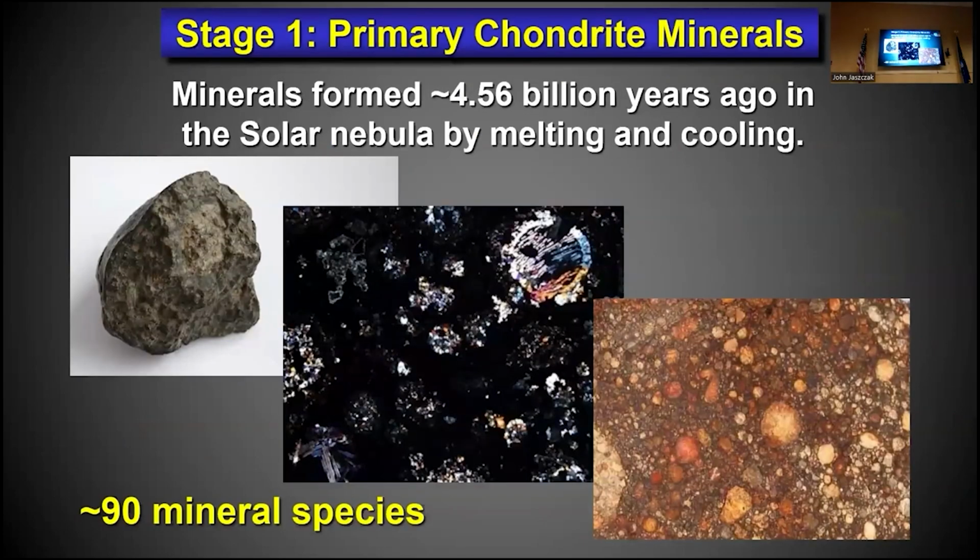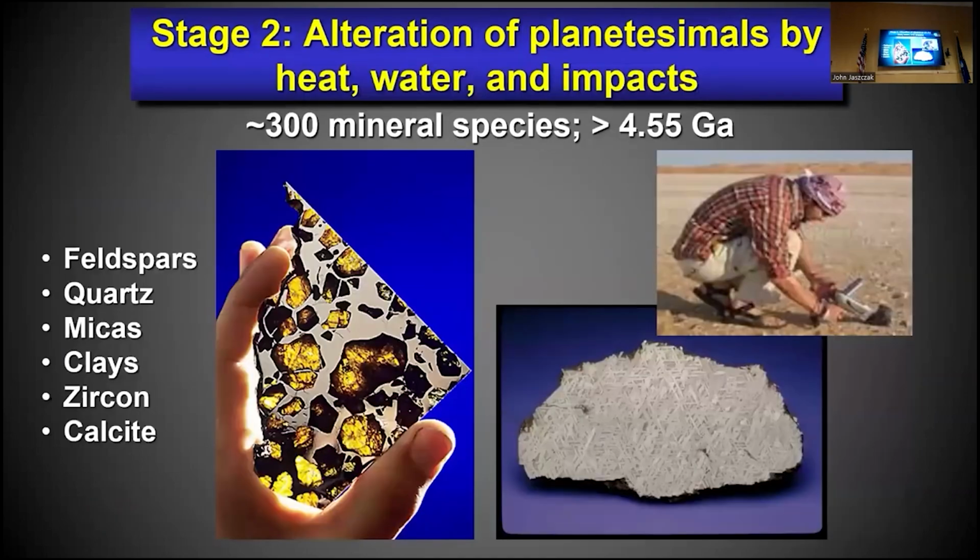And as I say, it takes place in 10 stages, the earliest ones being the condensates around that solar nebula. You can imagine something in space, a shock wave from an exploding star may have caused the initial perturbation, and a cloud of dust and gas began assembling, collapsing in, rotating. 99% of that material went to form the sun, which ignites, which sends out pulses of heat and melts the surrounding bits of dust into little droplets. They cool, they form igneous minerals. That's stage 1, 90 minerals or so.